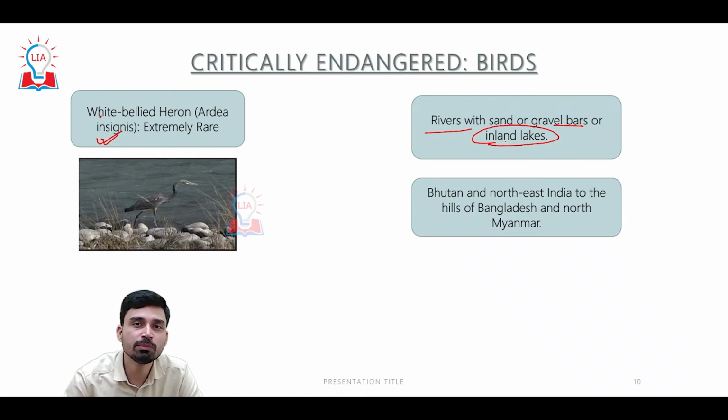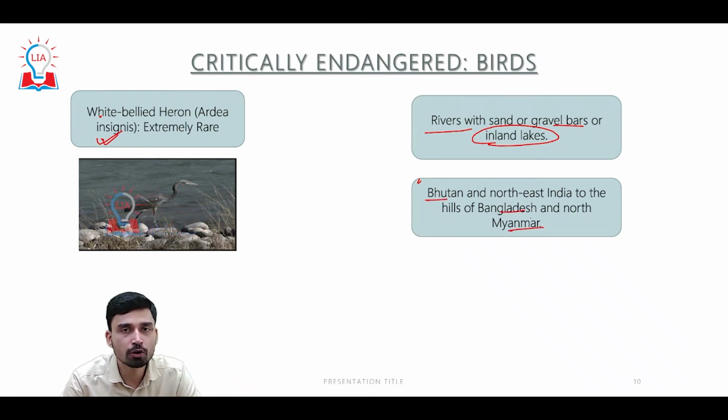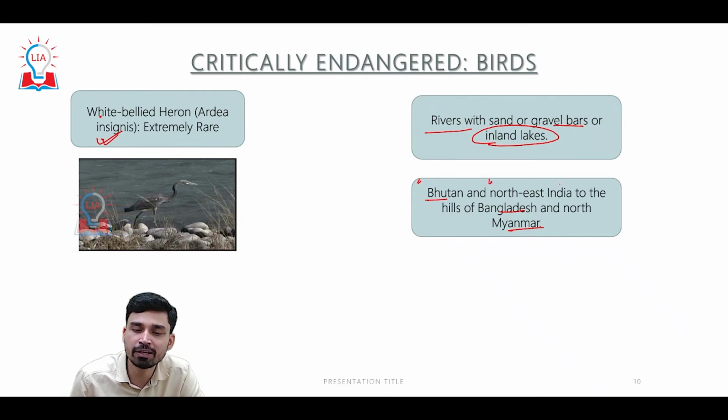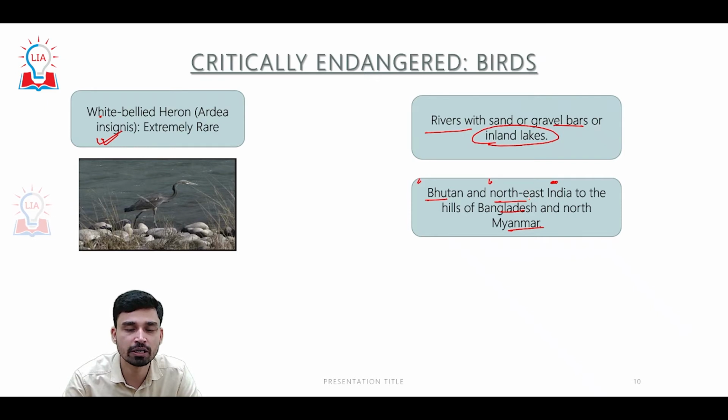If you look at the distribution, it is found in three to four major countries. One is Bhutan, then we have India, Bangladesh and Myanmar. However, it is not found in all parts of India. This bird is confined to northeastern India, especially the hilly regions of northeastern India. So if you look at the map, we have Bhutan, northeastern India, Bangladesh and Myanmar.